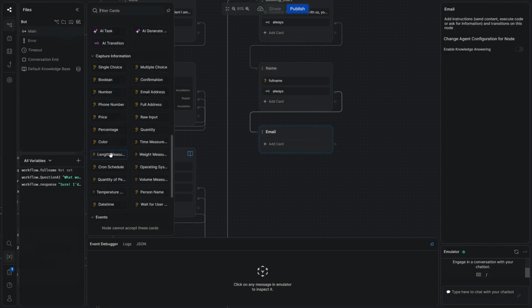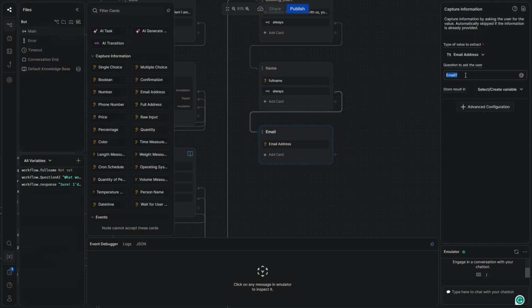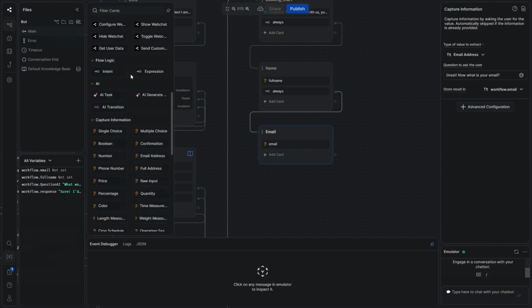So for this, we want the email address one, and I'm going to ask, great. Now, what is your email? Create a variable called email, and then an expression,